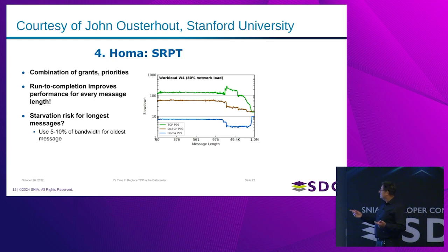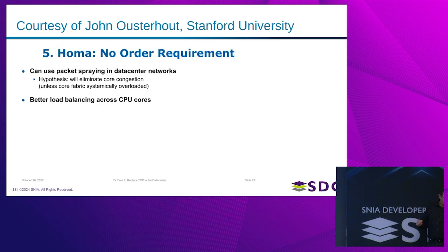So again, to the slide, okay, so this is the result from John's paper, workload 4, 80% load, 25 gig Ethernet. You see the distribution of the message length, and this one also talks about data center TCP in the P99 percentile, okay? So that's when we got hooked, and that's when last year, oh, and Homa has